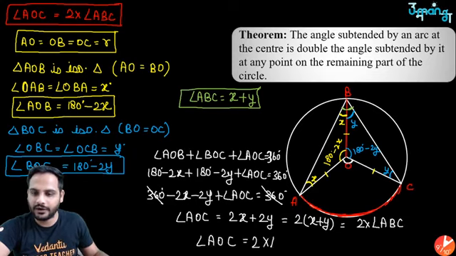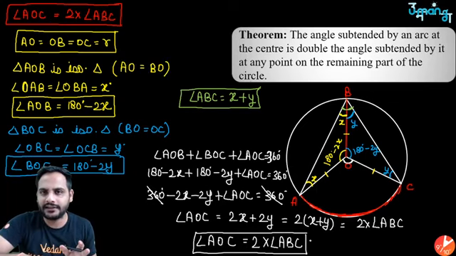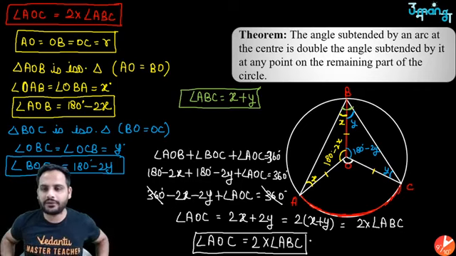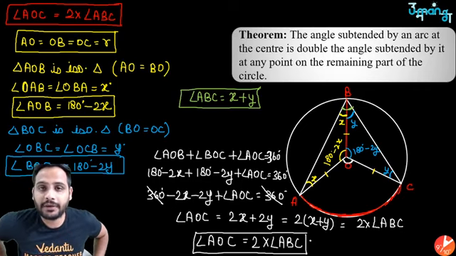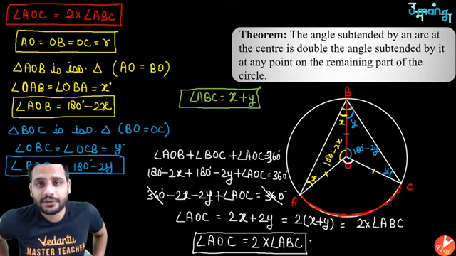So how do you prove this theorem? First thing, draw the diagram, remember the diagram, then you will see that triangles AOB and BOC are isosceles triangles. Then we only play with the angles. AOB is isosceles, angles opposite are equal. BOC is isosceles, angles opposite are equal. We get the value of angles AOB and BOC, then we find AOC because it is forming a complete circle. Then you will get to know that angle AOC is double of angle ABC. This is the best way you can prove this theorem.